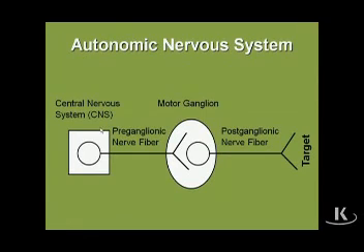In the case of the autonomic nervous system, the first neuron has its cell body in the CNS. The second neuron has its cell body in the peripheral nervous system in a ganglion. The first neuron is innervating the second neuron, which is innervating the end organ. Because this second neuron cell body is in the ganglion, the axon going to it is called preganglionic. So the first neuron's axon is called a preganglionic fiber. The second axon is called postganglionic. That's what's going from the ganglion to the end organ.